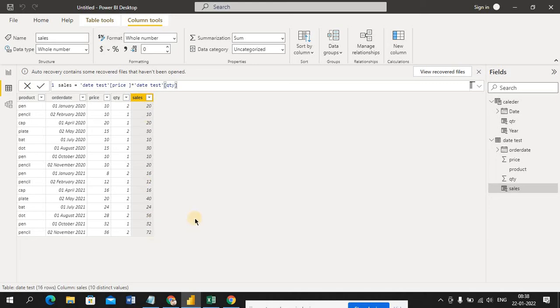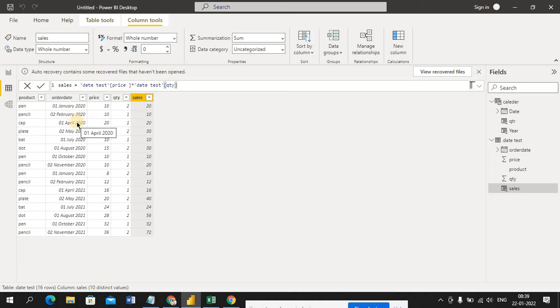Now what I do is take the sum on this sales column, so that I get the total sales for all these products. If I select any of the dates, you can see for this order date the sales is 20, and for this order date the sales is 10. Now I want to present this data in the front end, in a visualization, in an attractive dashboard. Here, sales for 01 January 2020 are there. What about 02? I don't have 02 here.